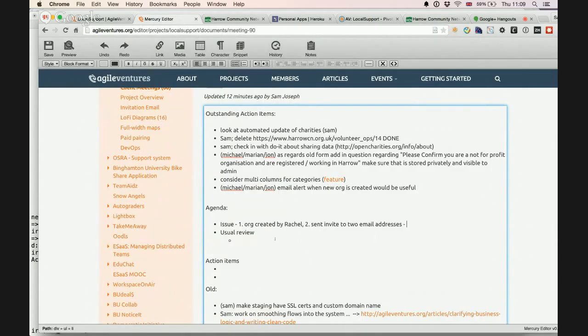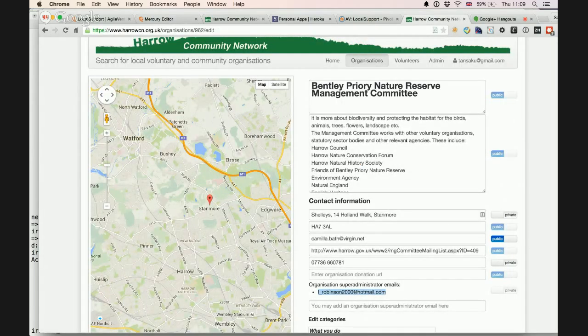And this was using the automated system, like it was an organization that didn't have any users associated with it, so you'd use the invite functionality through the admin system. I didn't do it that way, actually. I see, so maybe I should have done that. Well, obviously we want to support all of the different workflows. Would the email have gone to both, if I had used the invite function?